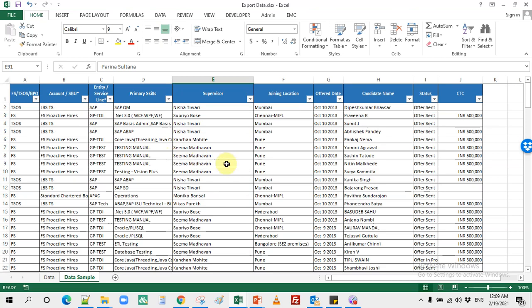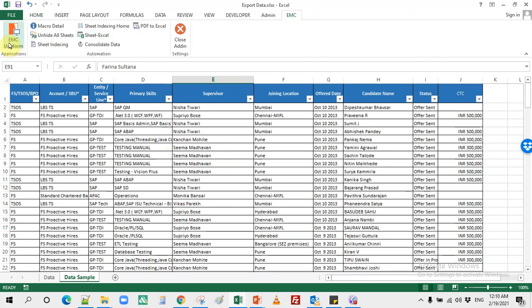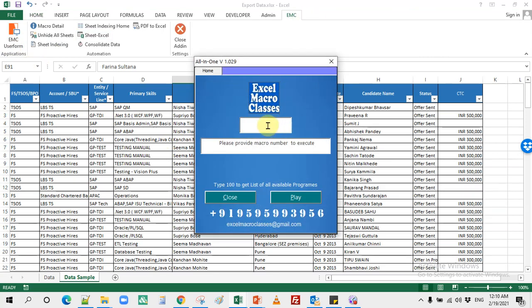So to export the file, to split the file, we can click on this one, and here macro number 113, export data in files, click on this.